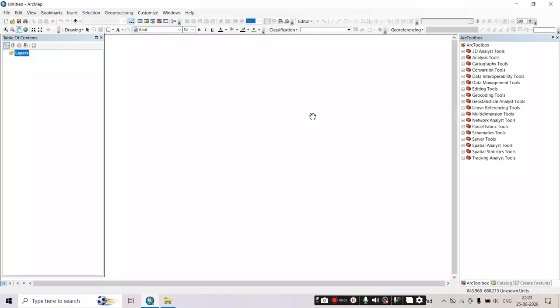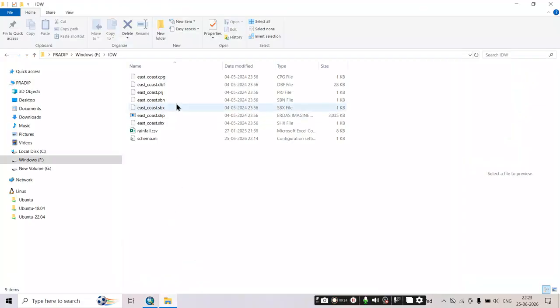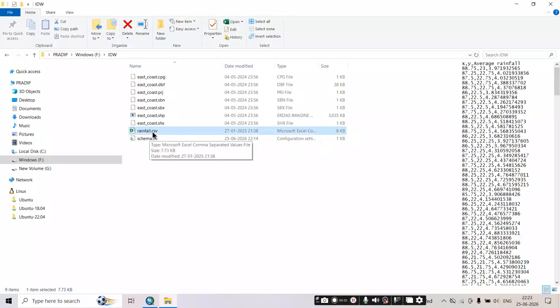So in this video we are going to learn how to make an interpolation map using ArcGIS. Suppose you have an XY based dataset and your study area map or study area shapefile. On the basis of this XY dataset you can create an interpolation or a TIFF file or raster dataset. In this case this is my XY based Excel file or CSV file,